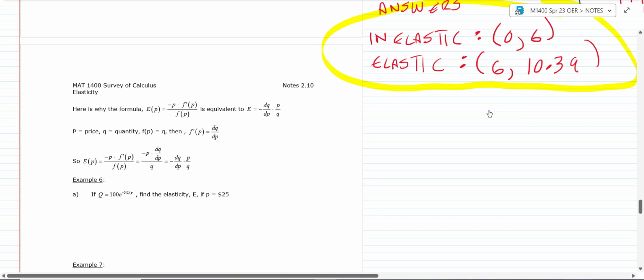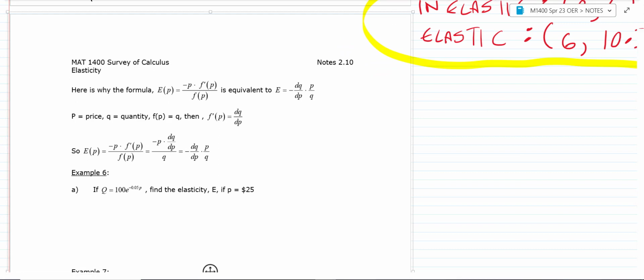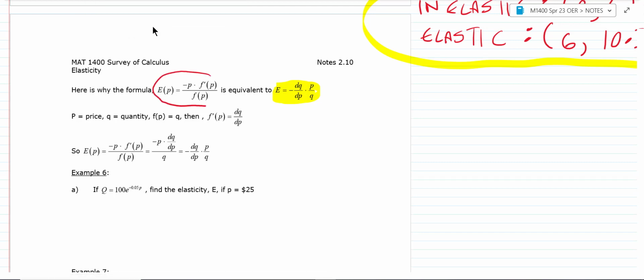So now I'm ready. Okay, so I'm going to show you a little bit different way to look at elasticity. This has more to do with implicit differentiation, just looking at a formula that's going to look different to you, but it's the same. So we're going to look at this formula right here. And what we were working on earlier today is this formula, negative p times f prime of p over f